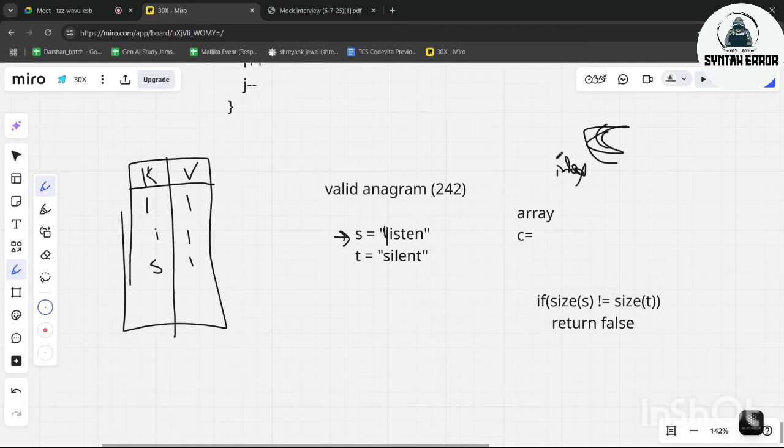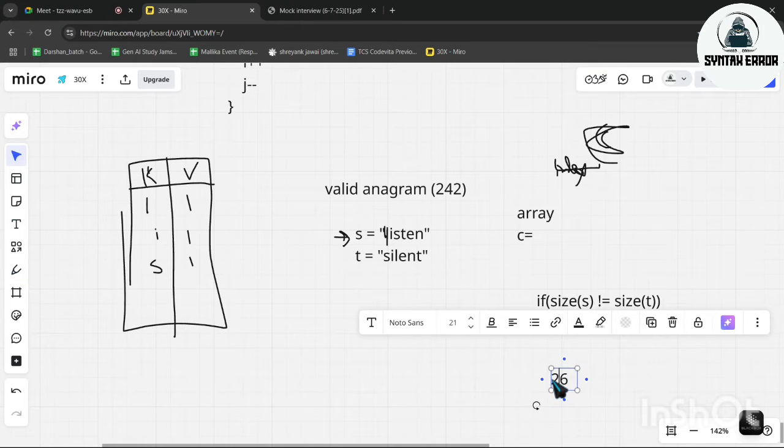Here we will create an array. We all know how many characters there are in the English alphabet, that is 26. So we will create an array of size 26, and all the indexes refer to corresponding alphabets. A stands for 0, B stands for 1, C stands for 2.